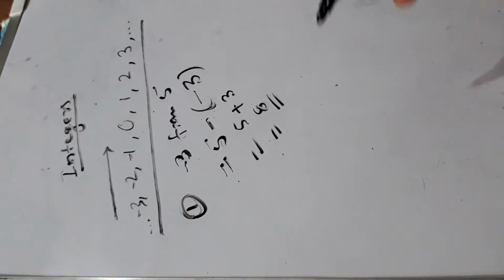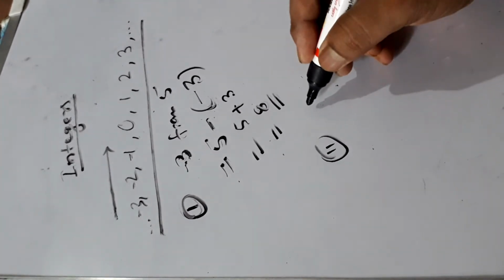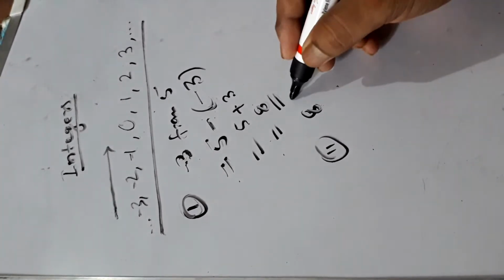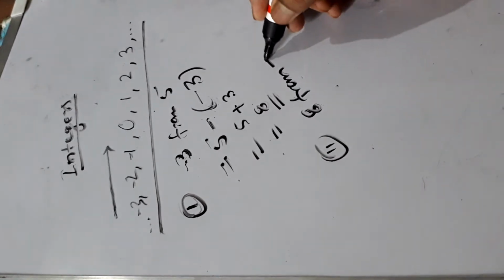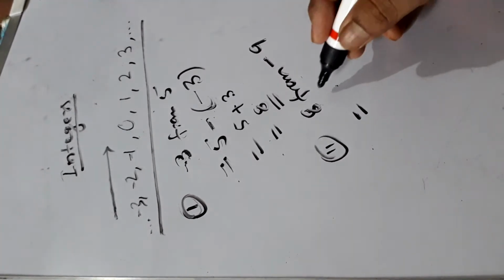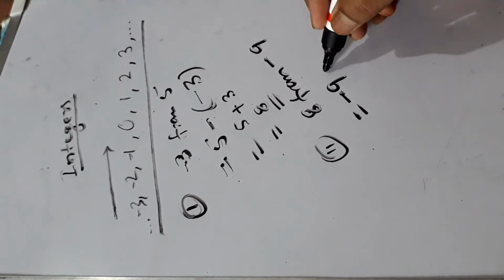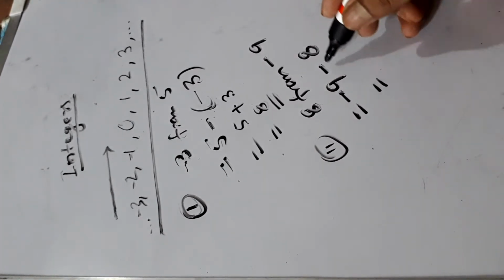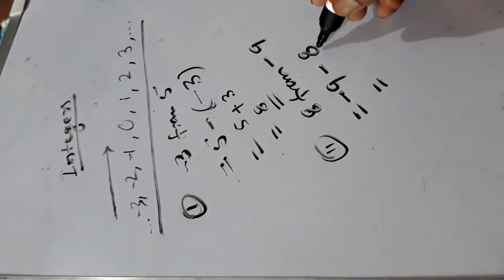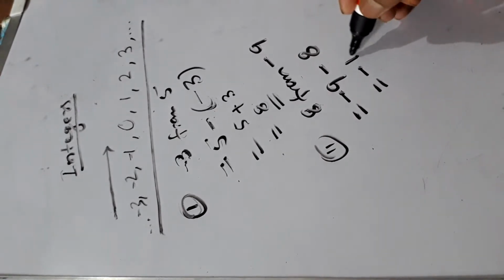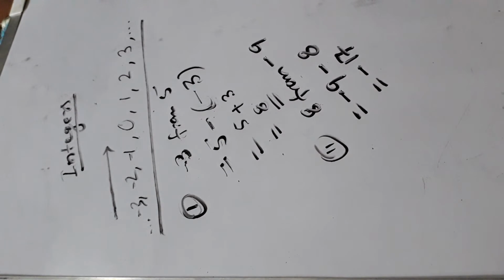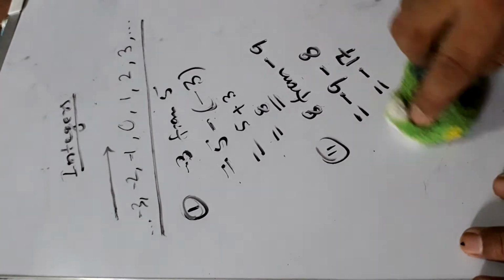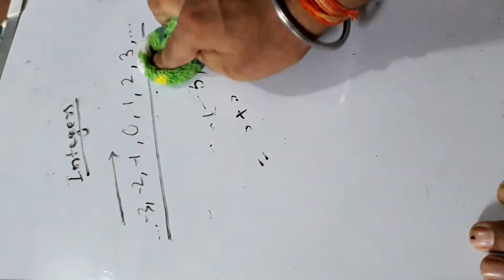Our answer is this. If we have to subtract 8 from -9, we will write it like this: -9, we will put a minus sign here, then we will write this number 8. Here we see that both are negative, so we will add them and put the minus sign, that is, it will become -17, as we have done in addition.